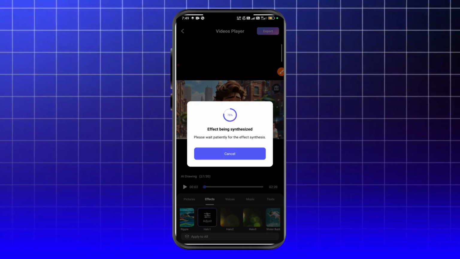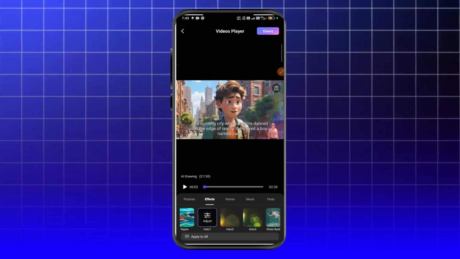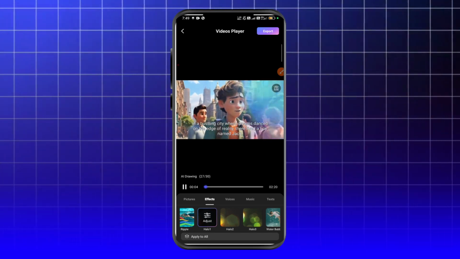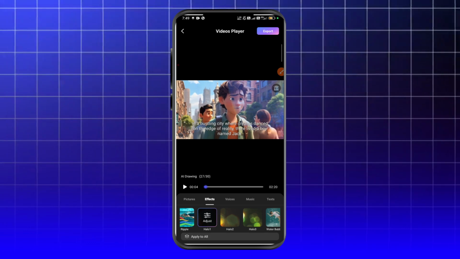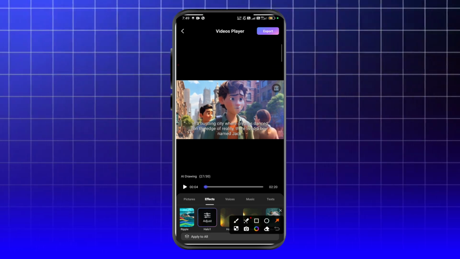If you apply this effect, it's going to be applied to your video also. So you can see this particular effect has been applied. Let's play this video. "There lived a boy named Jack." So that is what this effect is being used for. Now if you are satisfied with that effect, then the next thing we need to talk about is the